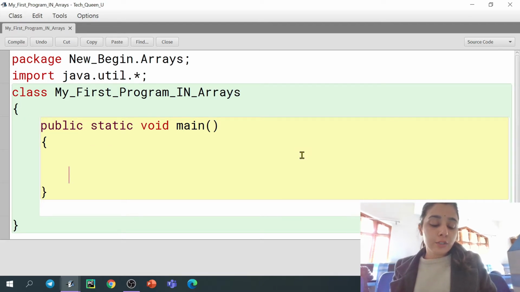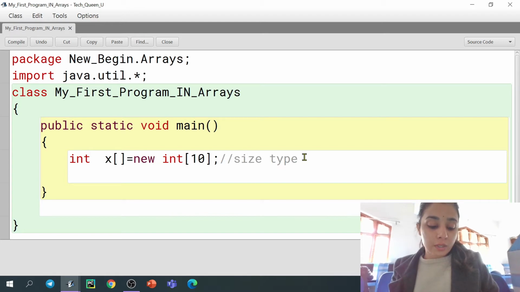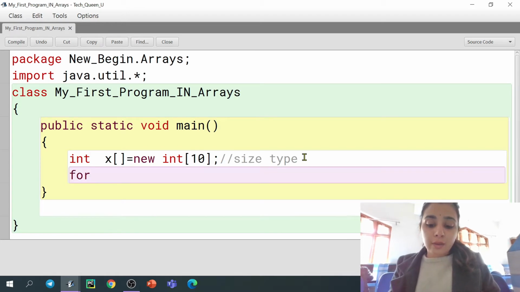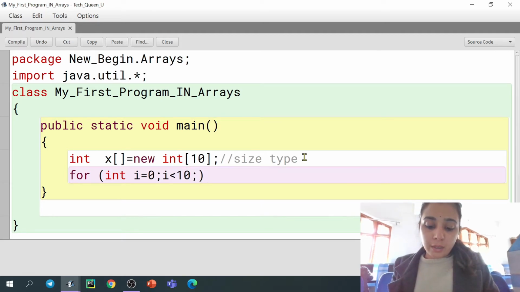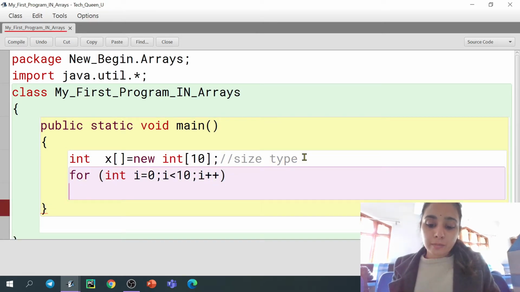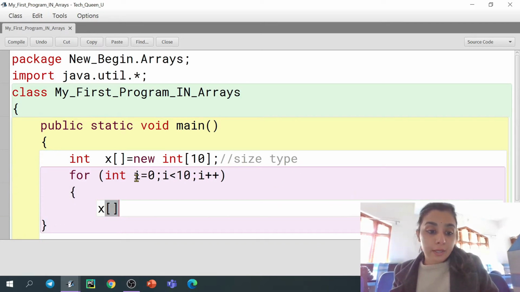Now what I need to do, let's say I'm giving it again and I just want to insert some values there. For that I have given for int i is equals to 0, i less than 10, the size of my array, and i plus plus. Okay, so now I'm just inserting the values inside that.